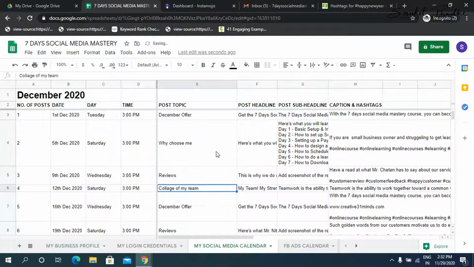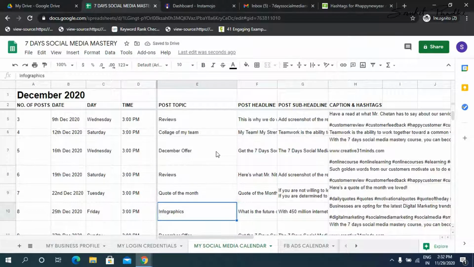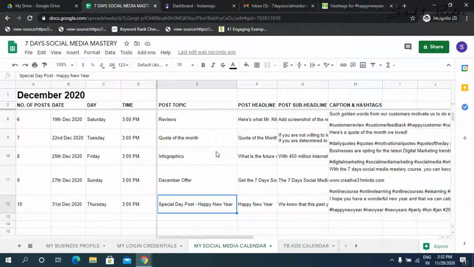Okay. And then, once you are ready with this, what I want you to do is create your social media calendars for the next month. Okay. And share a screenshot, or share the link of your Google Sheet with me